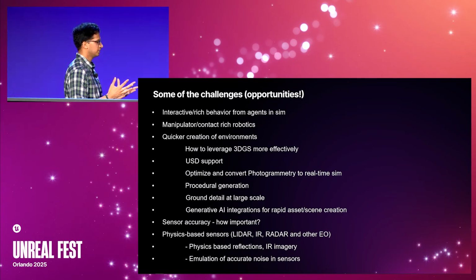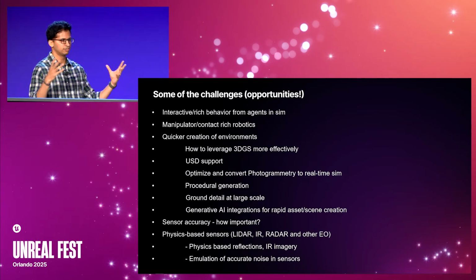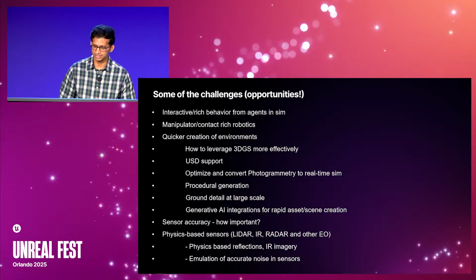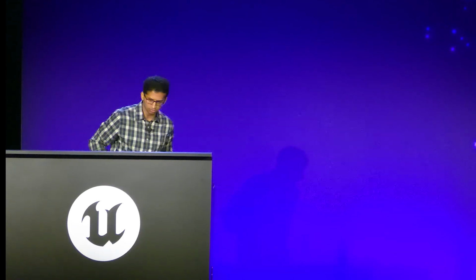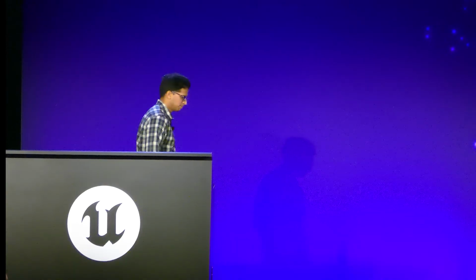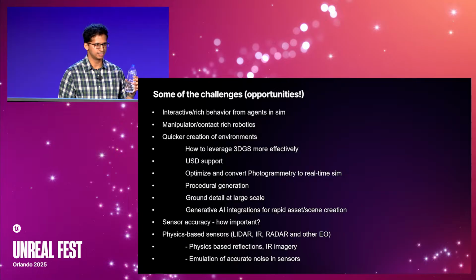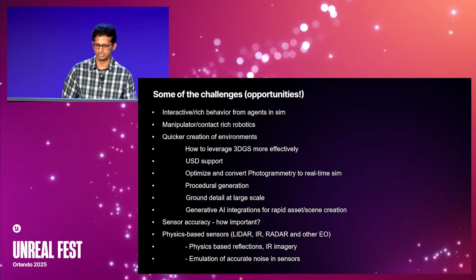So I think there is definitely a lot of interesting opportunity as robotics grows and scales. How do you make those very easy to invoke or create? And I just talked about robots picking up bottles. Contact-rich robotics is a huge thing today. People are very interested in building humanoids and manipulator arms at scale, and that means you're now concerned about deformables and stresses and very fine-grained physics details.